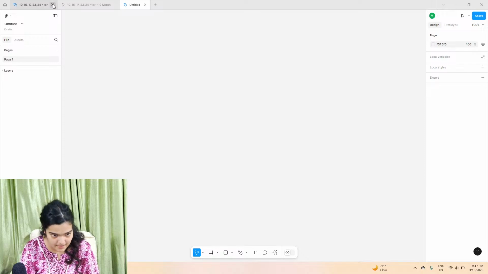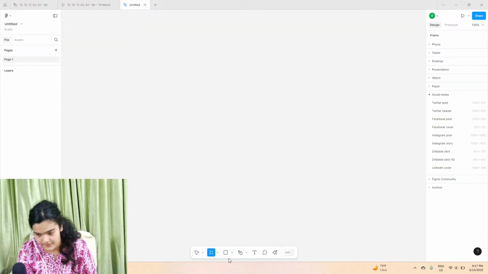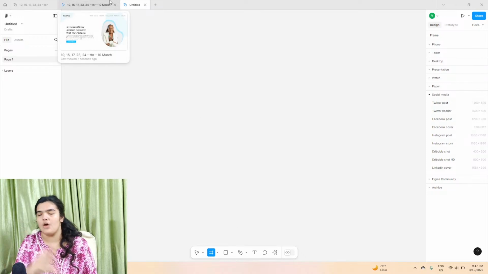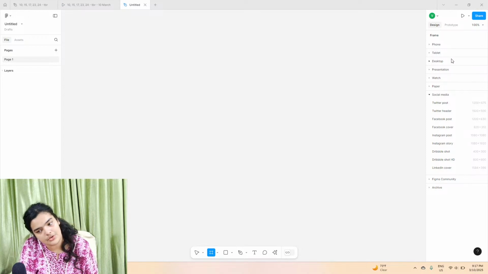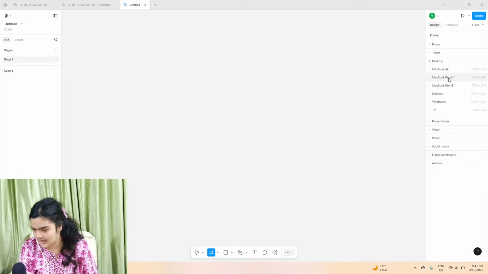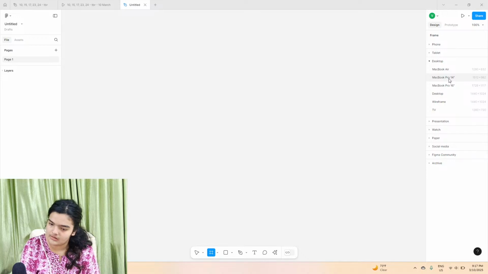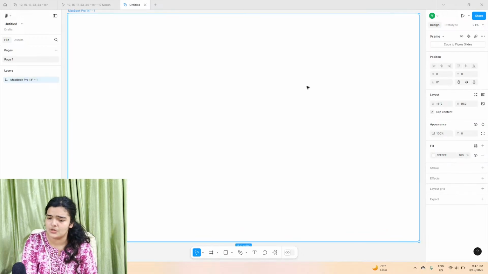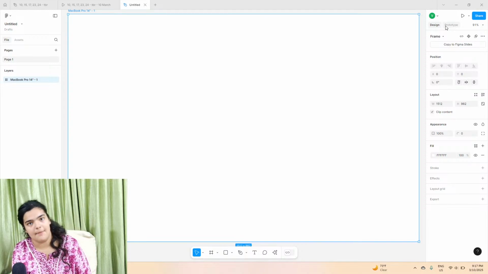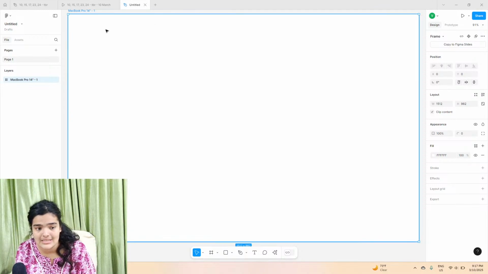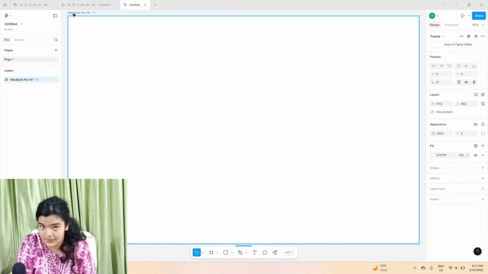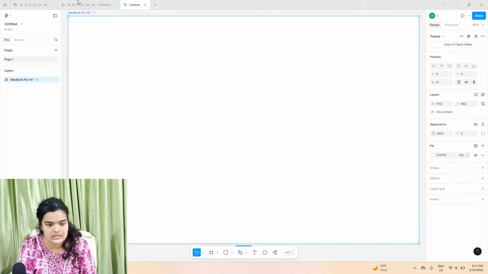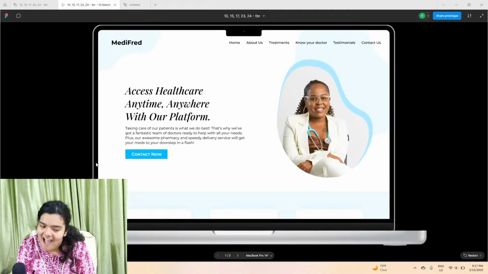Let me close up everything else. And now we are going to get started by creating a simple frame. Before you go off and create a random frame that's any dimension by any dimension, it would be a good idea over here to have a frame which is MacBook Pro 1512 by 982 pixels. The reason it's such a good idea is because when you go on to prototype your frame, if you have these exact dimensions preset into the MacBook Pro 14 or 16, now you can actually have this really, really nice laptop loader